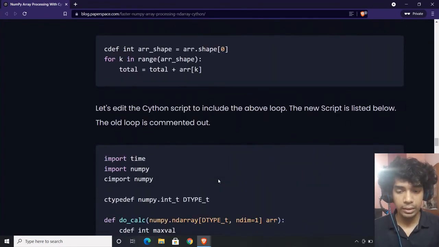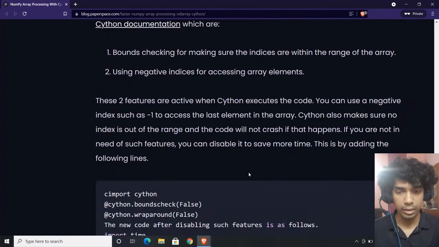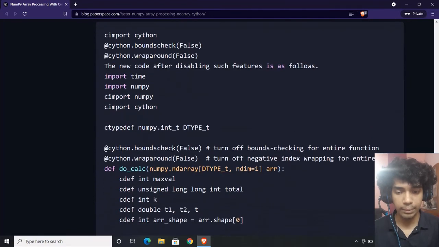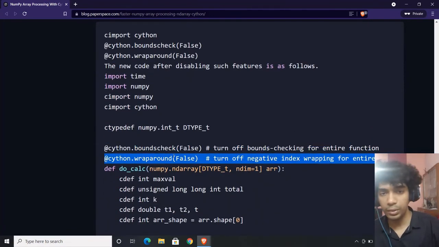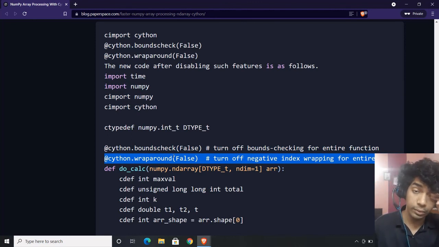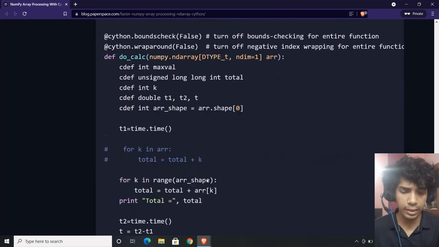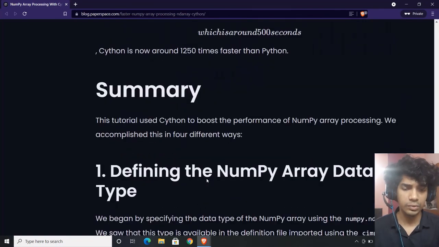If you change the iteration in a different manner, that would definitely give another speed boost. If you disable the boundary checks, whether you're going out of index or using a negative index, and you declare those so that it won't be a runtime thing, then Python need not check it, and that definitely counts for a speed boost.